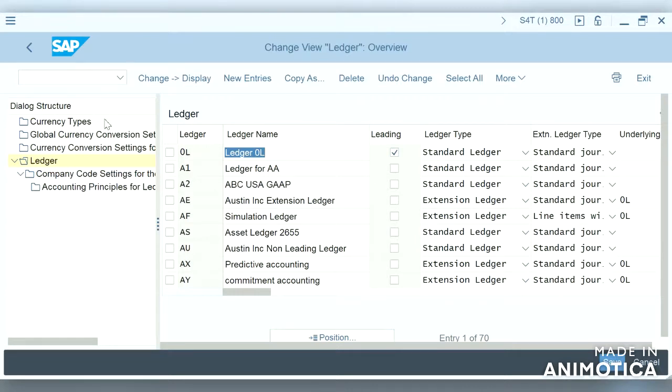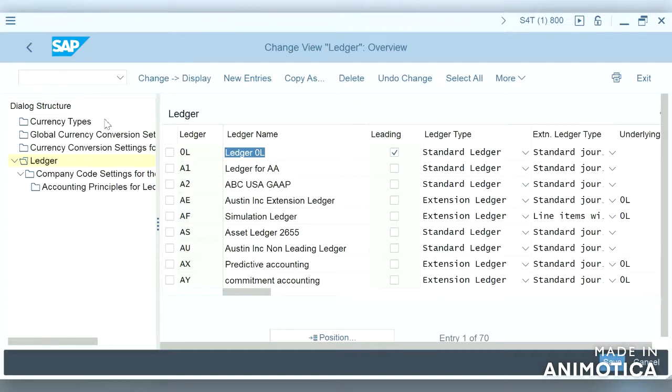The second and third currency of the non-leading ledger must be a currency that is managed as second or third currency in the respective company code. So whatever second and third currency we have maintained in the respective company code, the same currency needs to be maintained for non-leading ledgers. However, we do not have to have a second and third currency in the parallel ledgers. These are optional.